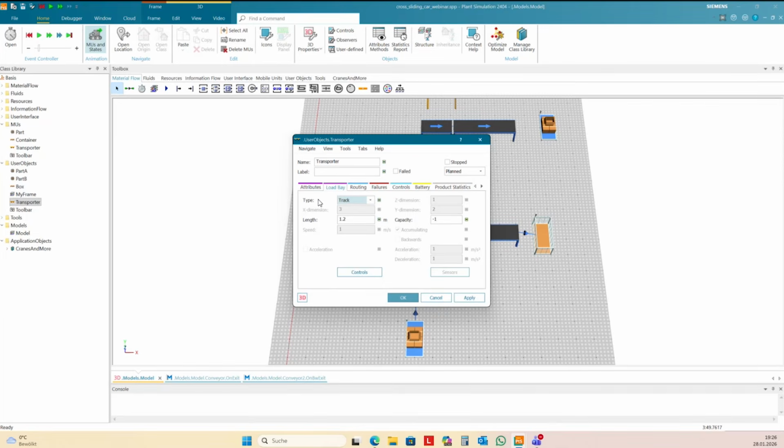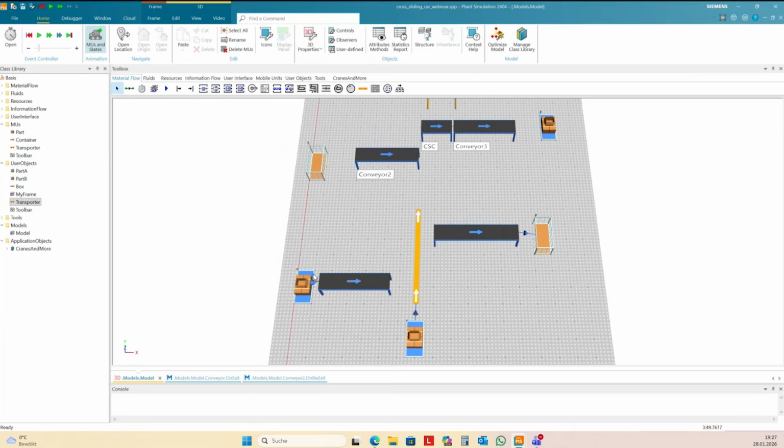In the former versions of Plant Simulation, the crane was built with transporters on transporters. But you can also create machine elements with this kind of load bay. You can move with transporters on the transporter, and you have the line. And this is a conveyor on the transporter.